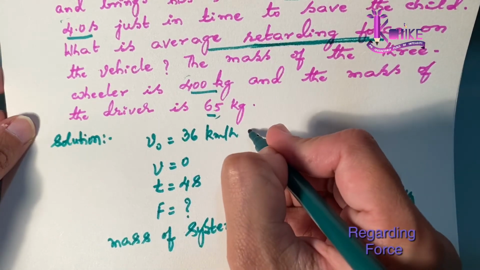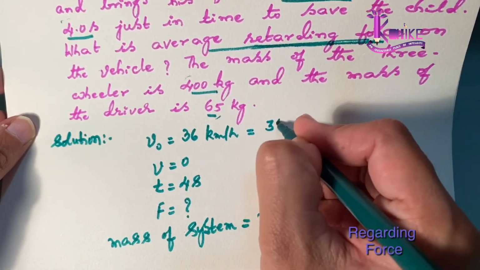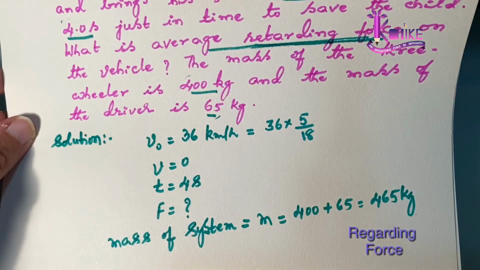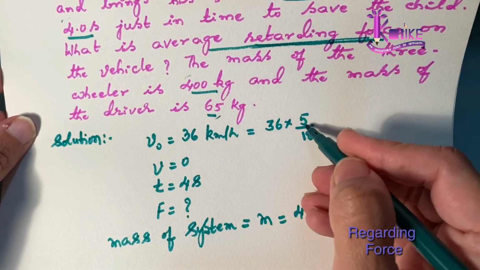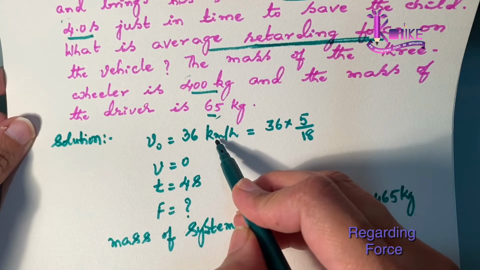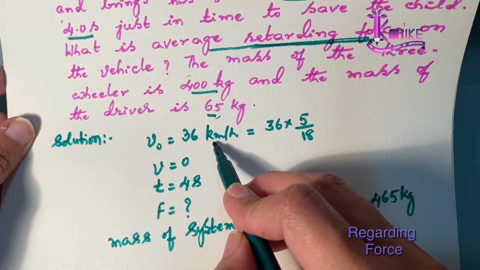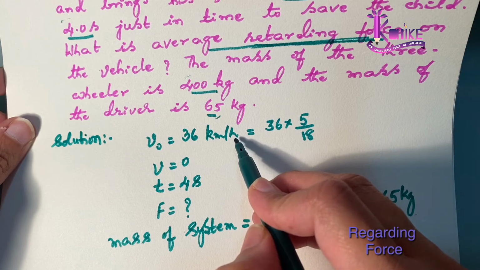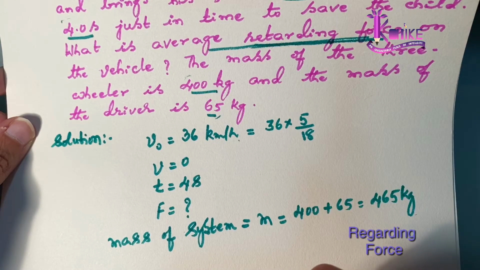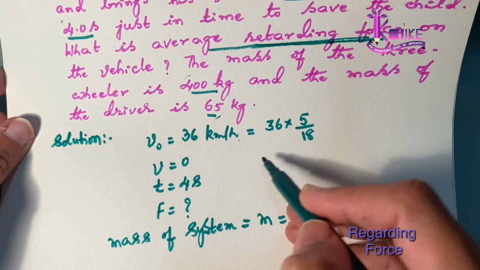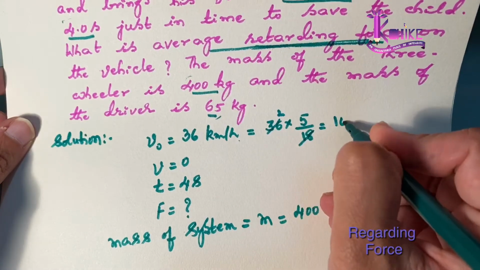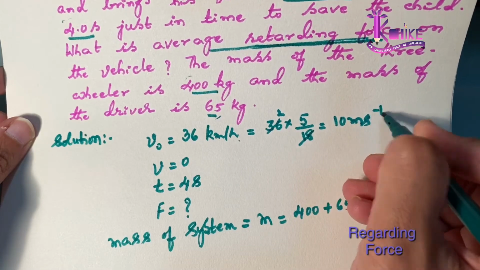Now this is 36 km per hour. You can convert this into meter per second. How do you do that? You multiply this by 5 by 18, right? How do you get 5 by 18? You can refer to my previous numericals. I have shown you 1 kilometer is 1000 meters and 1 hour is 3600 seconds. So 1000 by 3600 will be 5 by 18 on simplification, and you just multiply that every time you get the answer. So this becomes 10 meter per second, right?